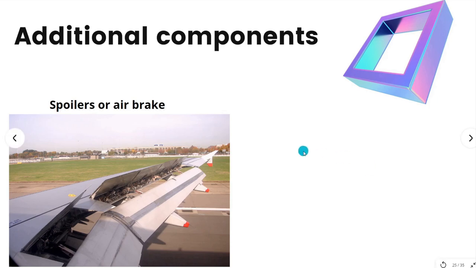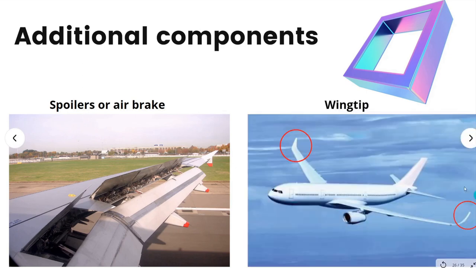Now I will add one more component, that is the wingtip. It is usually present at the tip of the wing. You can see in almost all commercial aircraft have this kind of bending towards the tip. This kind of structure plays an important role in reducing the overall drag of the aircraft, and it increases the overall efficiency of the aircraft, right? But how this wingtip works will be a bit technical, so I won't be going deep into that.